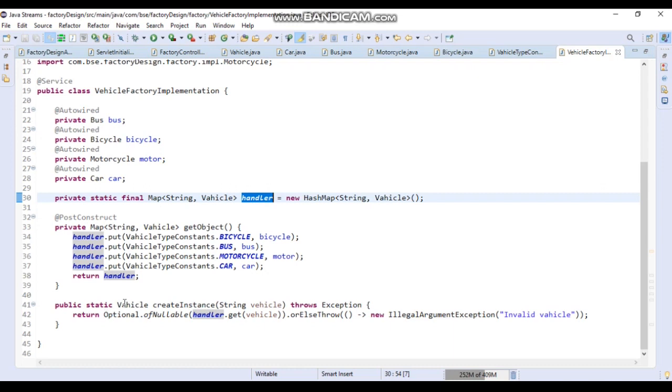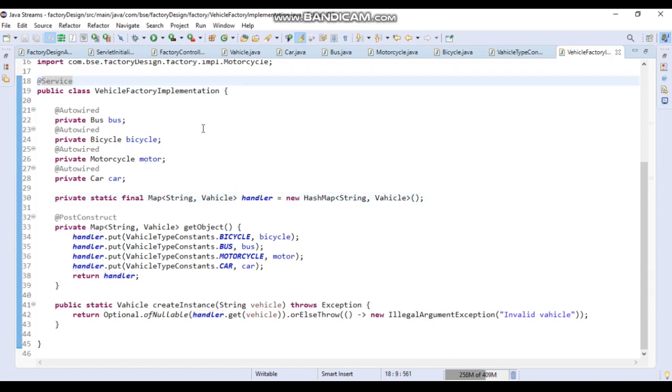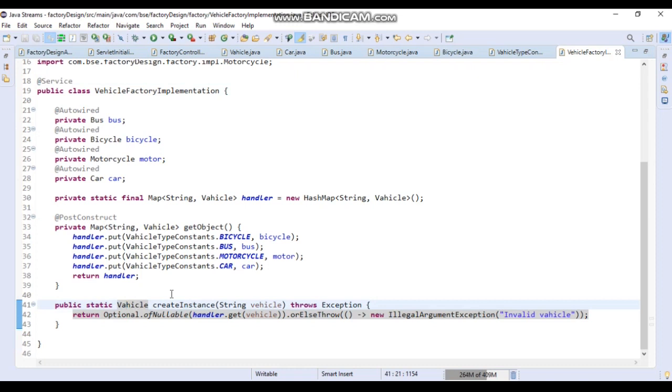Okay, so I have annotated this class with @Service. I am considering this class as the service class, and then there is a method called createInstance below that. This is a public static method returning a Vehicle type object. It gets the vehicle type string as the parameter, and based on that it will create the object.